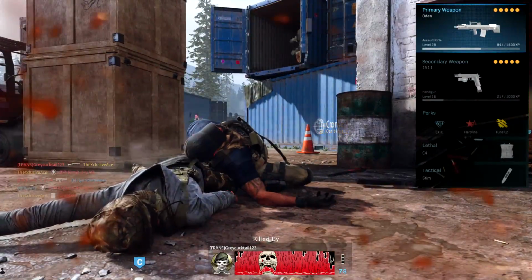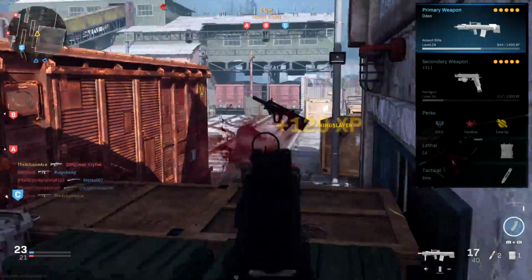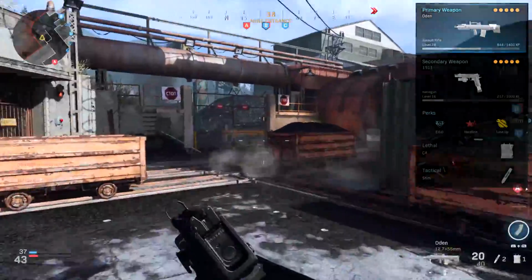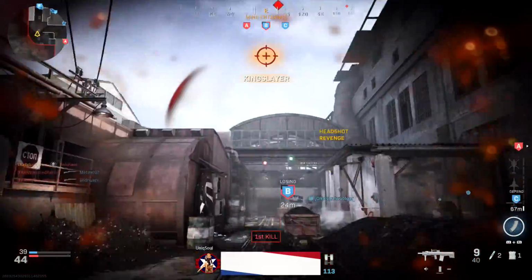This is an excellent setup if you're playing something like Shoot House or other smaller 6v6 maps, or even if you're playing Ground War and you just want to be really aggressive and sticking around the objectives, this can be quite effective for you. As for the next attachment combination, this one's designed more for longer range stealth play,